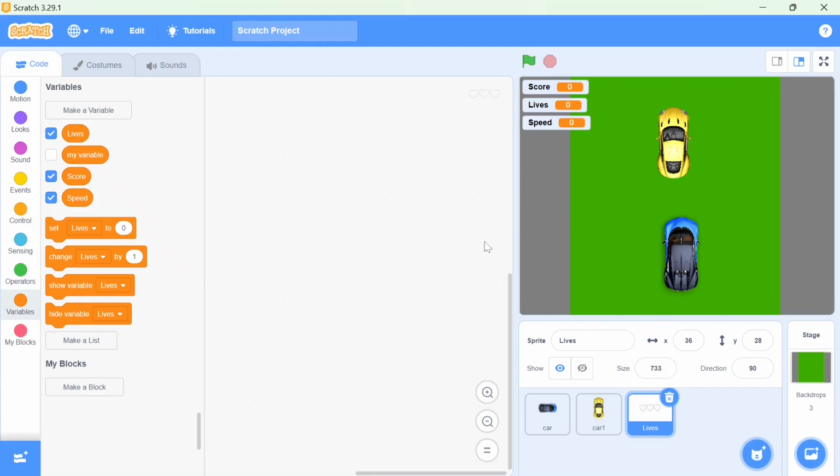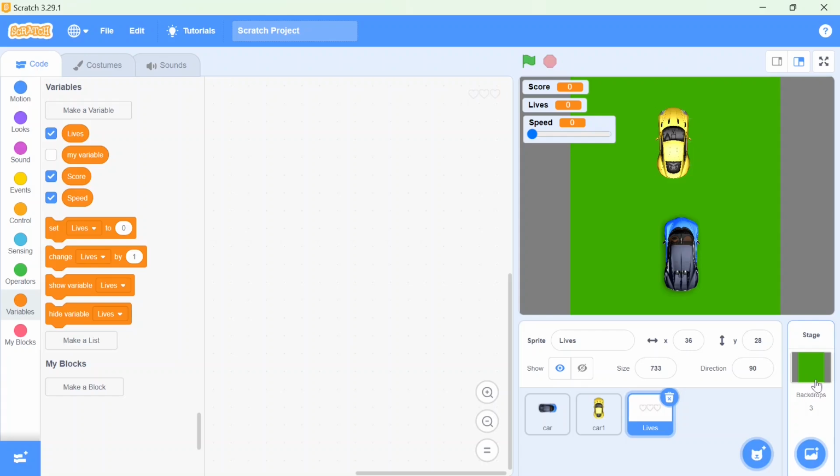Okay, all my variables are here. In speed, we can change the format to show the speed. So here I'm going to click right over here and there are many options. I want to choose the slider one. So you can see as the speed gets changed, the slider position also gets changed. So all three variables are here.